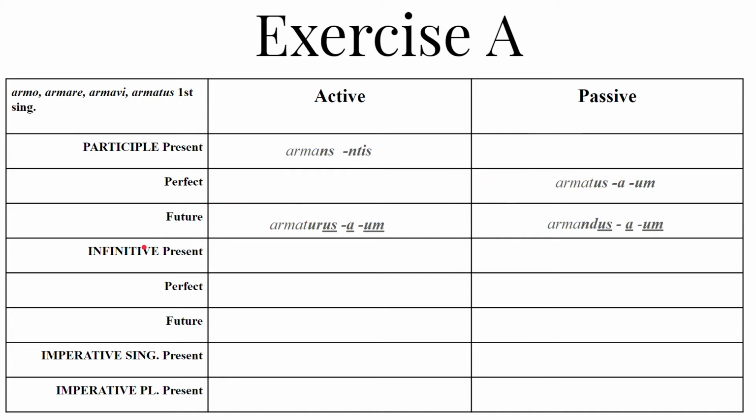For the infinitive present active, that is the second principal part of the verb, unchanged: armare. A first conjugation infinitive changes from the active to the passive by changing the final e to an i: armari. The perfect active infinitive, as we have previously said, is found by going to the third principal part, chopping off the i and getting the perfect stem, armav, and then adding isse: armavisse, and that's it. It's also the base of the pluperfect subjunctive.